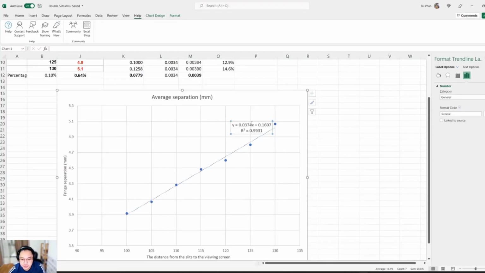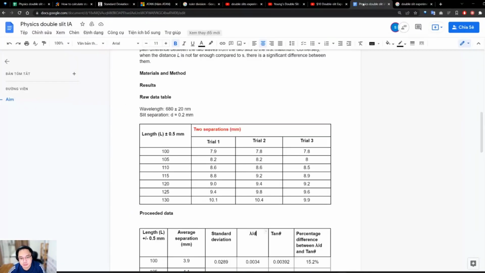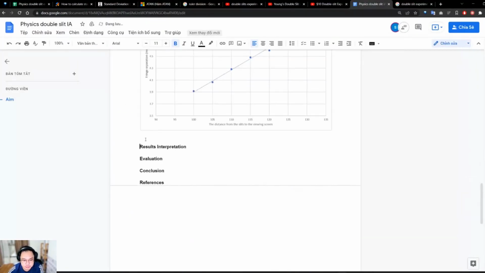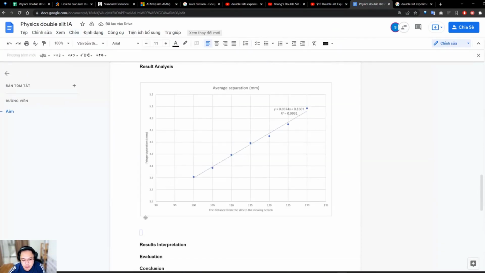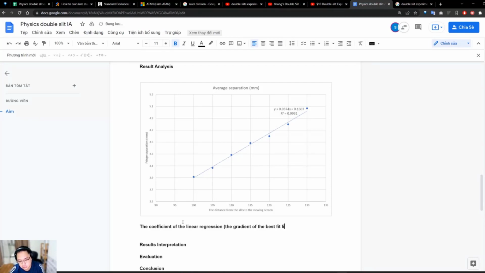Yeah, this coefficient. Okay, write it down in the graph here. Insert equation. The coefficient, the gradient of the linear regression. The gradient of the best fit line is 0.374,